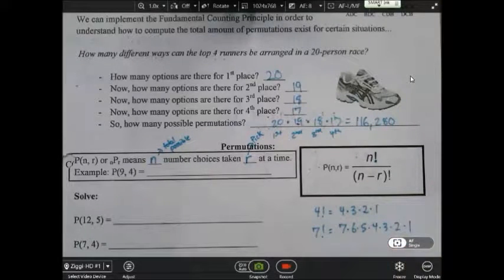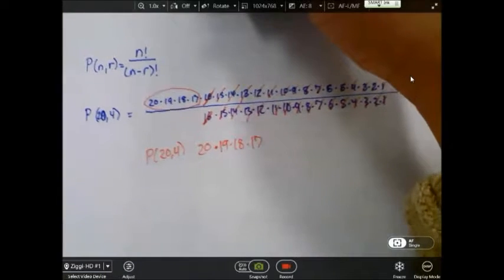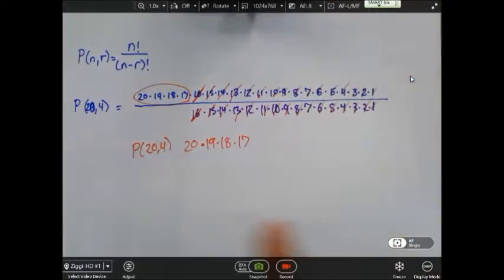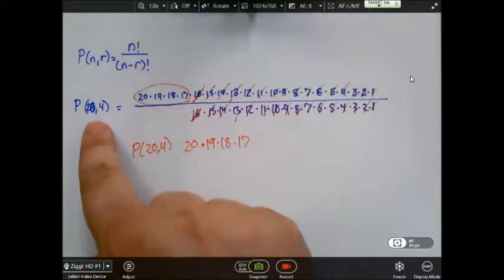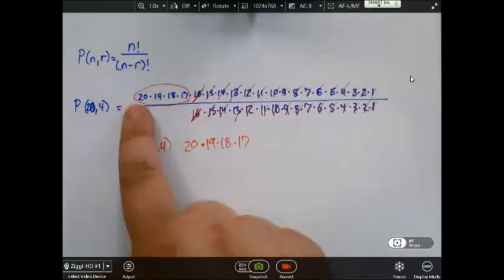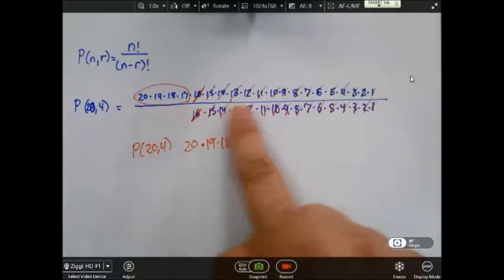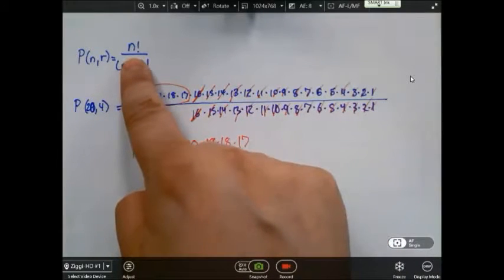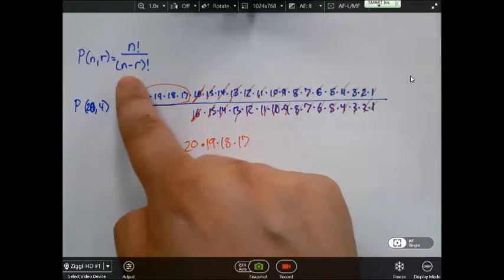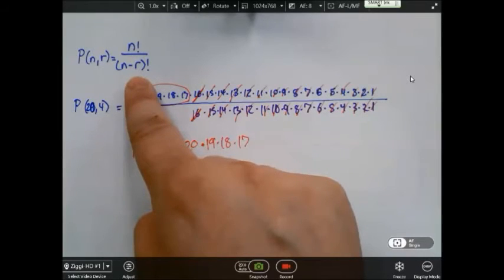Now I know this looks a little bit scary, so let's take a closer look at it. We know what each of these means. The n factorial means we're taking the total number of choices, in this case it was 20, and we're writing it out as a factorial. You'll see I wrote all of them out, 20 times 19 all the way down. We're taking this number of choices factorial and we're going to divide it by the number of choices, subtracting the number that we're picking. So 20 minus